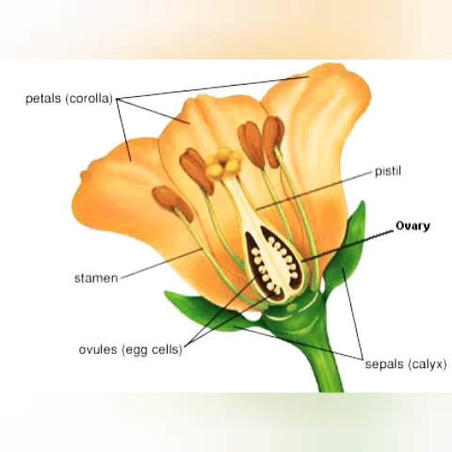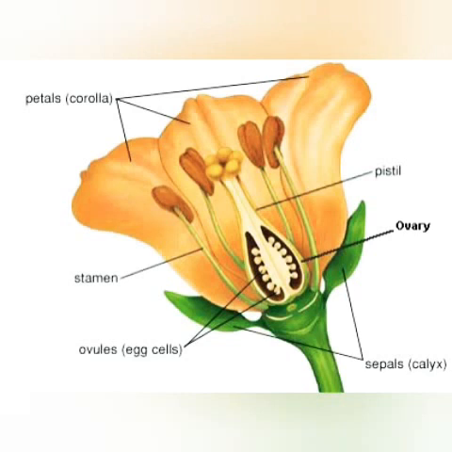As you may see in the diagram, the green leaf-like structures which are present at the base of the flower are the sepals, and their main function is to protect the flower during the bud stage. When the flower is in the bud stage, the sepals will form a green color covering to protect the soft parts of the plant, which is the remaining three parts of the plant. Finally, when the flower blooms, these sepals are found at the base of the flowers in the form of green leaf-like structures.